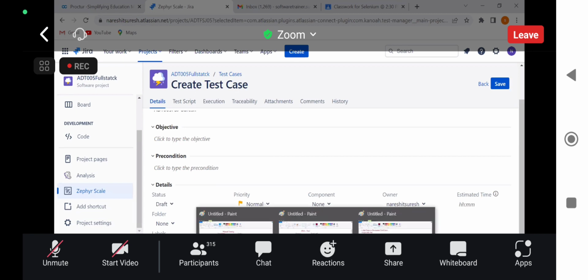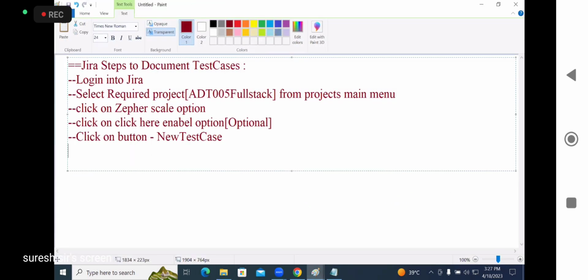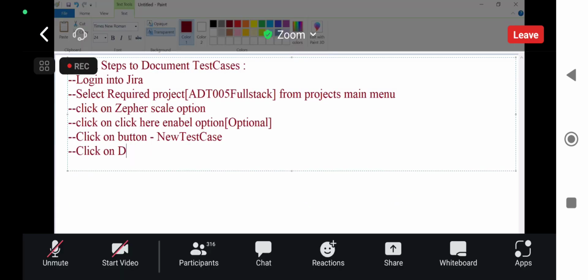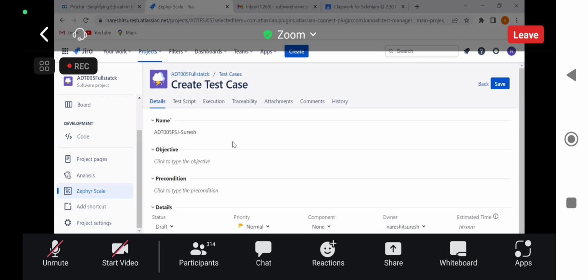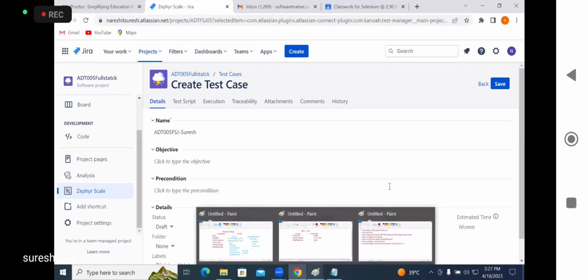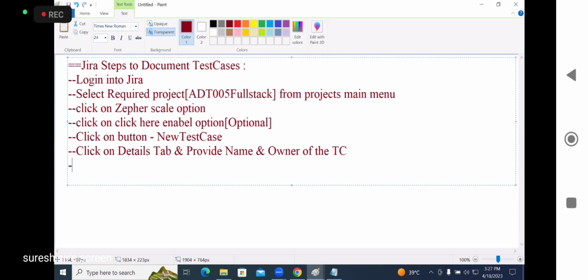Okay. So in this step, click on the Details tab and provide the name and owner of the test case. Provide name and owner, right? You need to provide the name and owner of the test case. After that,